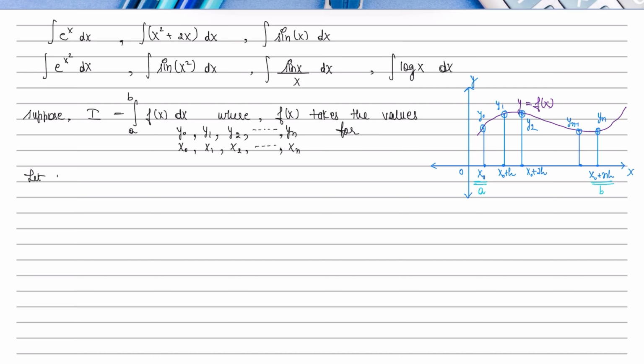And let us divide the given interval a comma b into n sub intervals of width h